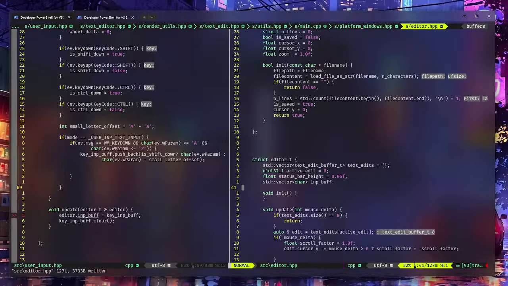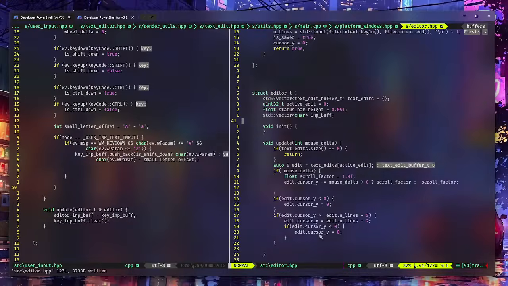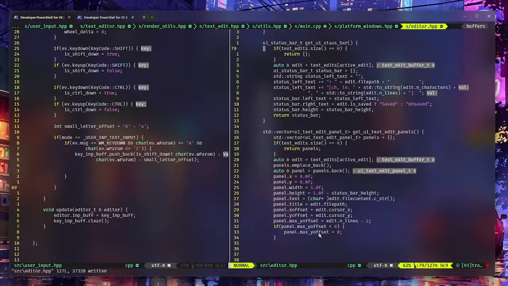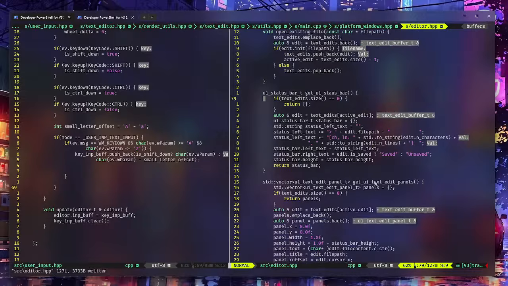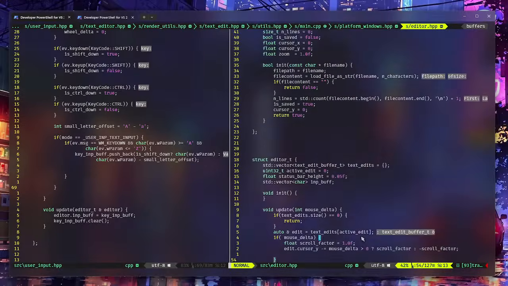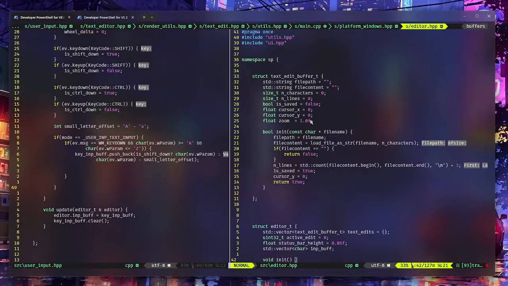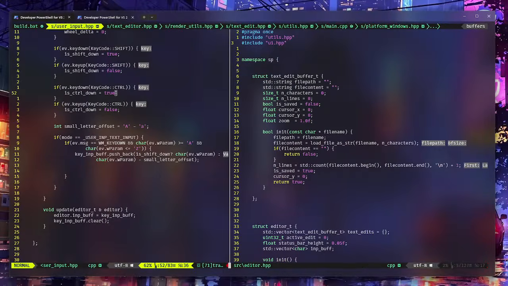Which basically contains the text edits. Right. And right now, how do we get the panels drawn? So we have this UI text edit panel, right? And in that panel we somehow do this hanky panky thing, right? So with that, this text edit buffer right now does not have any actual idea of what the data is, right? So let's slap that bad boy in, and that bad boy is, I think, here